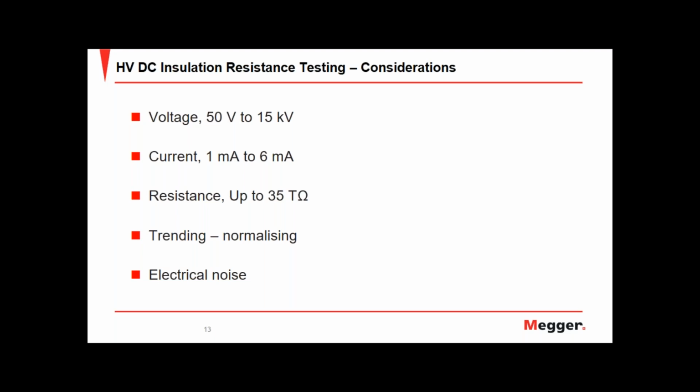Okay, that's very important. So when we're trending, we need to normalize these values. We need to normalize the way in which we perform the test. We also need to correct for certain environmental issues with regard, for example, temperature. Okay, but we'll talk more about that as we go. So with regard to electrical noise, we may be in a vicinity where there is electrical noise. Now, our instruments